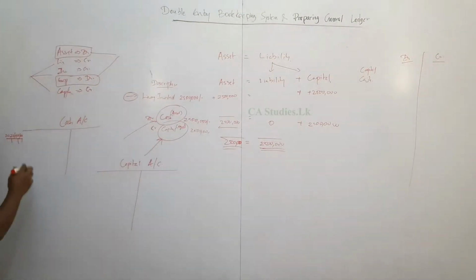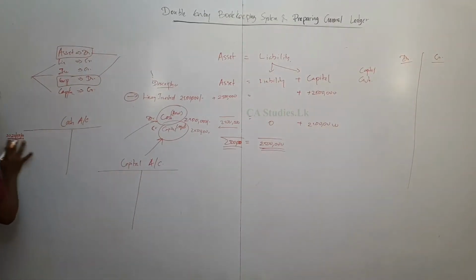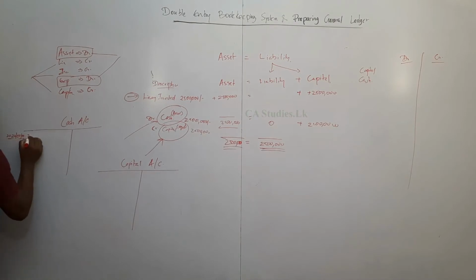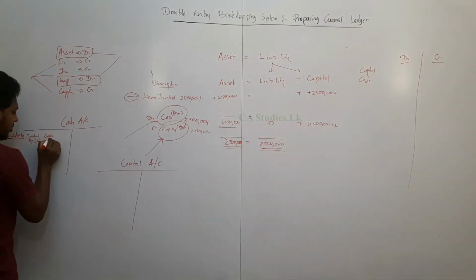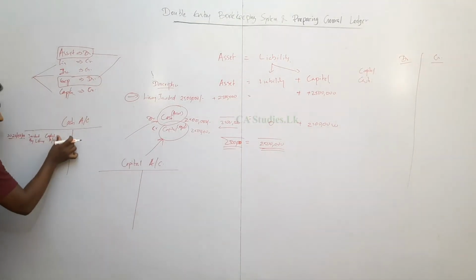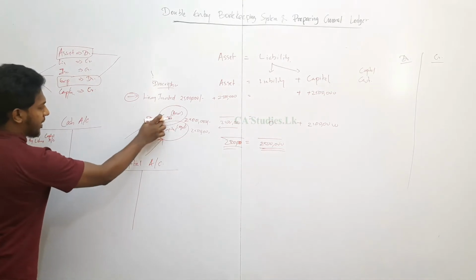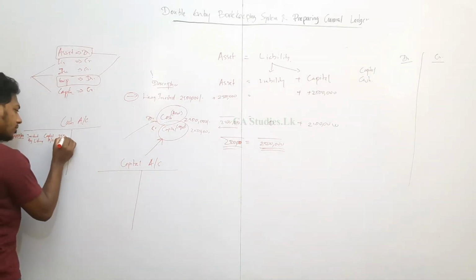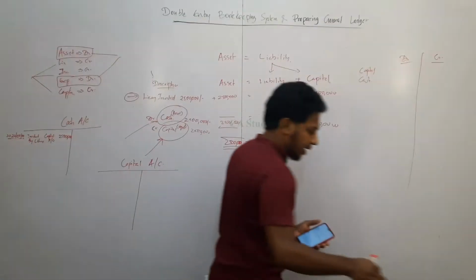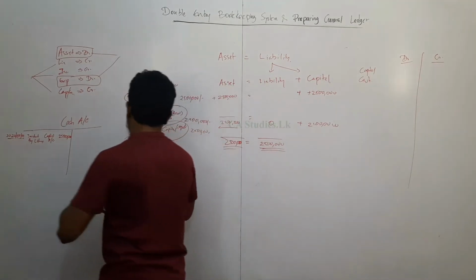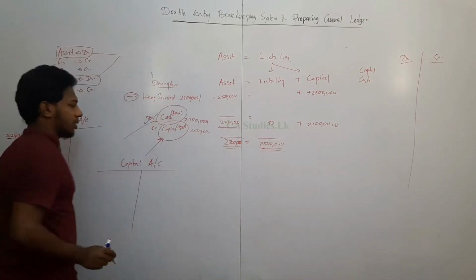Second is the description. The description is investment by Lishara. So the credit account is the capital account. How much? This is debit cash 2,500,000. Once you pass the debit entry, please take a different color and put a tick, or the same color and put a tick. This is acceptable.